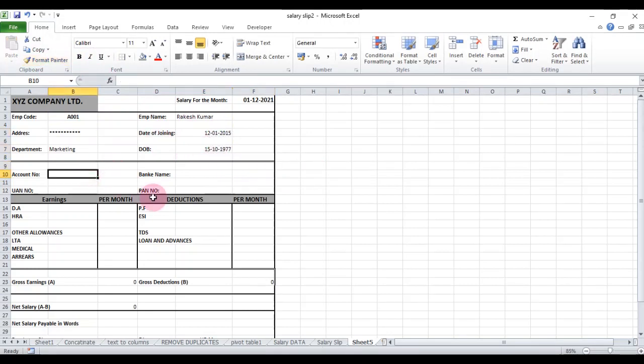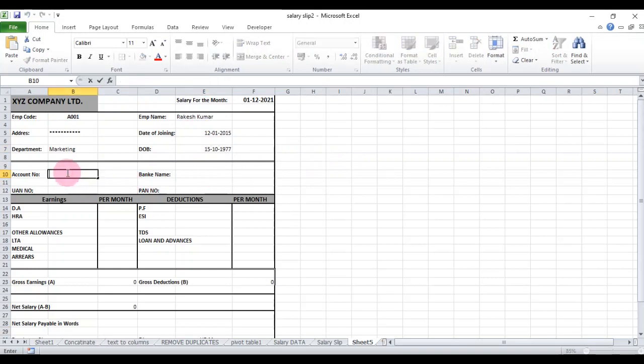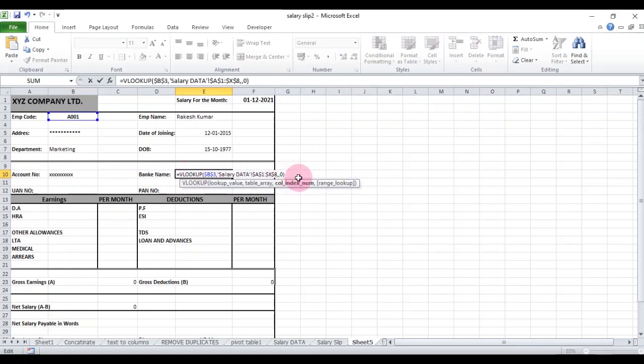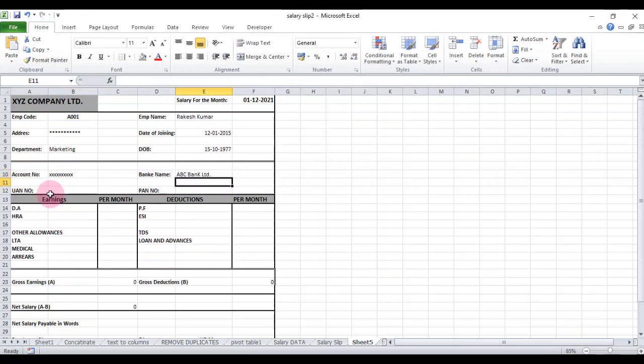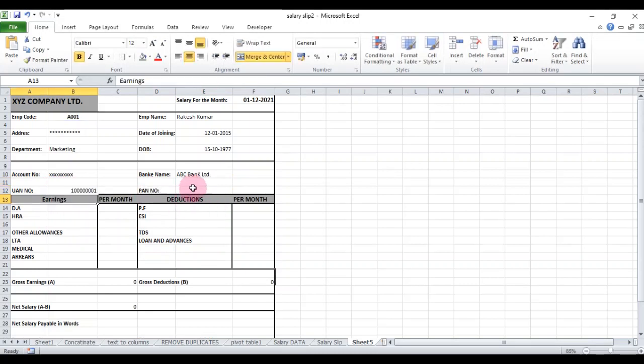Account number, copy the formula again, double click, account number is mentioned in column 9 and bank name is mentioned in column number 10. UAN number is mentioned in column number 11 and so on.